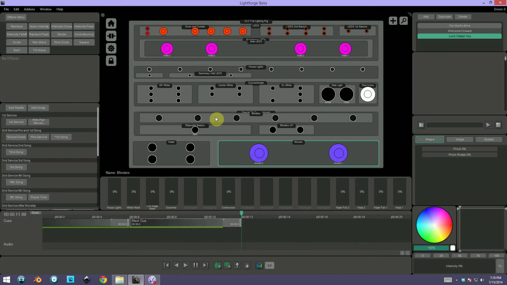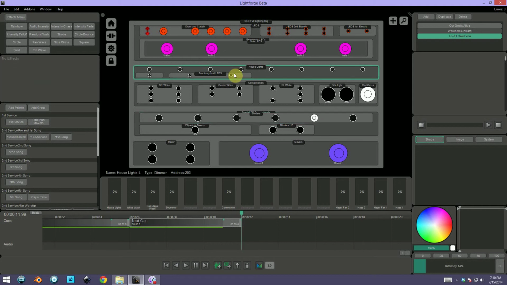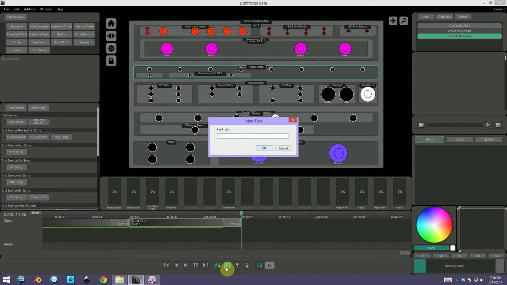Say I'm going to add a new effect here. So let's say I want the blinders, and let's put them on an intensity chase, and we'll do pretty quick and have influence at full. So you can see here that they're chasing each other all the way around. So I'm going to add that next cue, and I'm going to call it